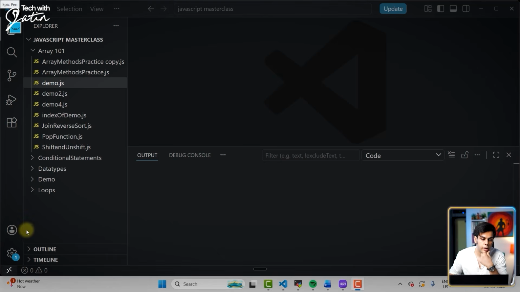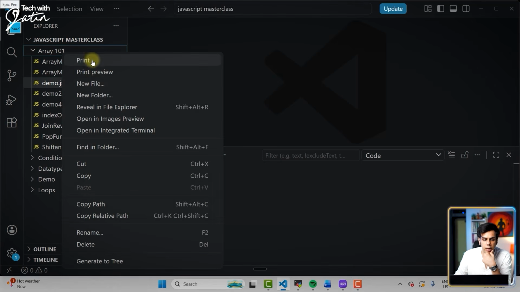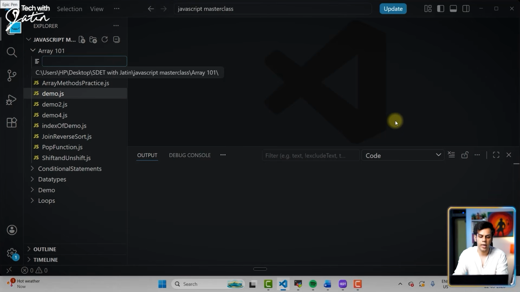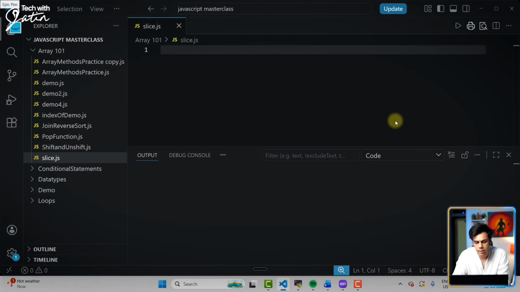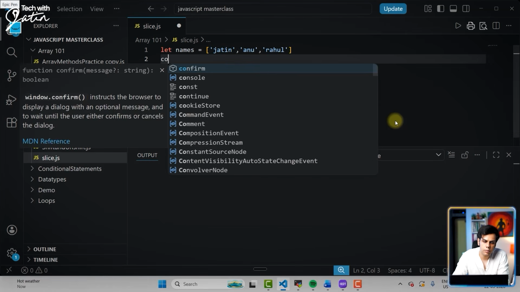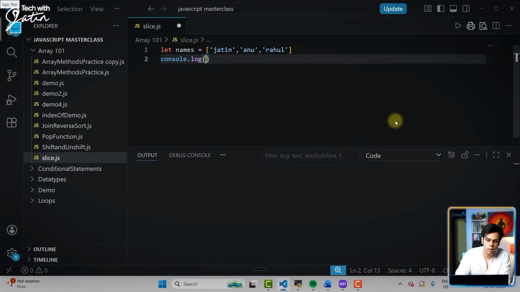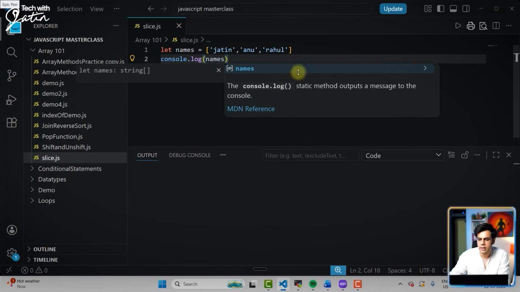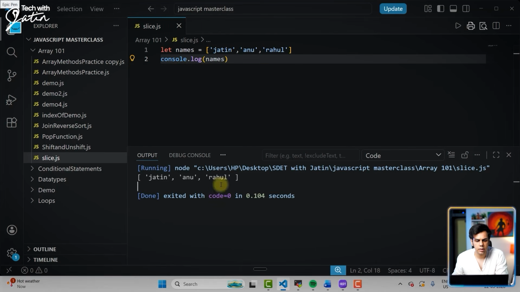So over here, guys, in the array 101 folder, I'm going to right click and quickly create a new file. Let's call this slice.js. And over here, I'm going to quickly create an array. Let's call this names. And we're going to have names like Jatin, Anu, Rahul. Okay. Now, if I log this particular array with console.log, save this, and click on the play button,